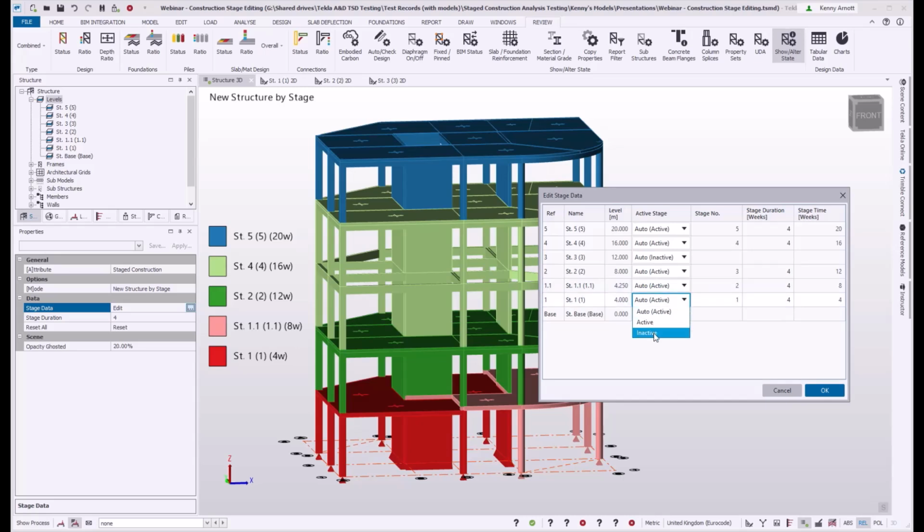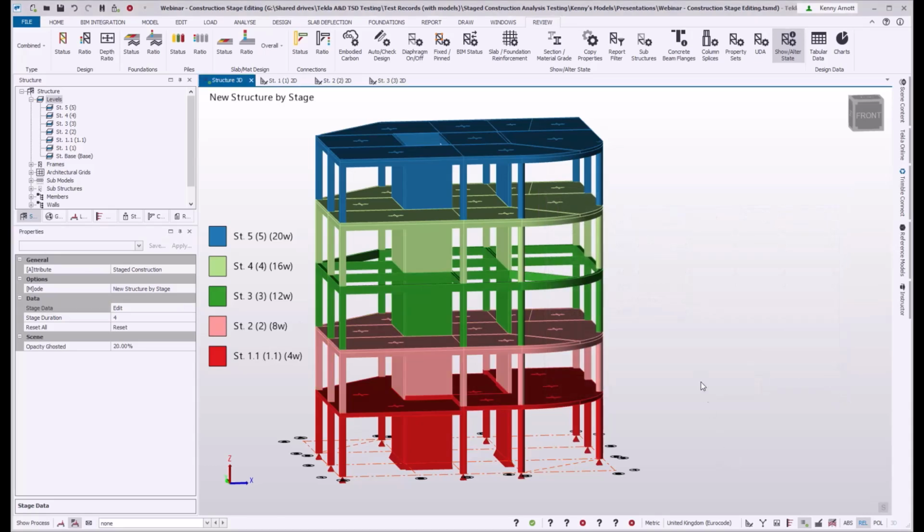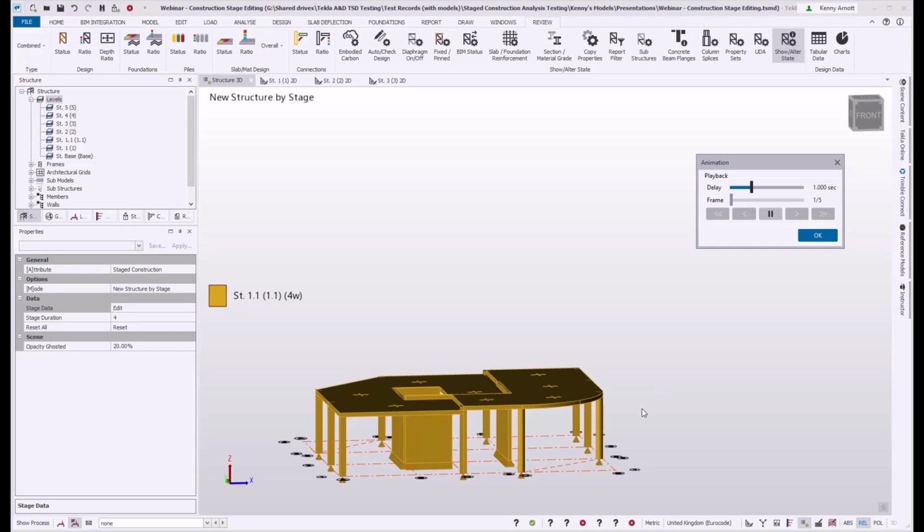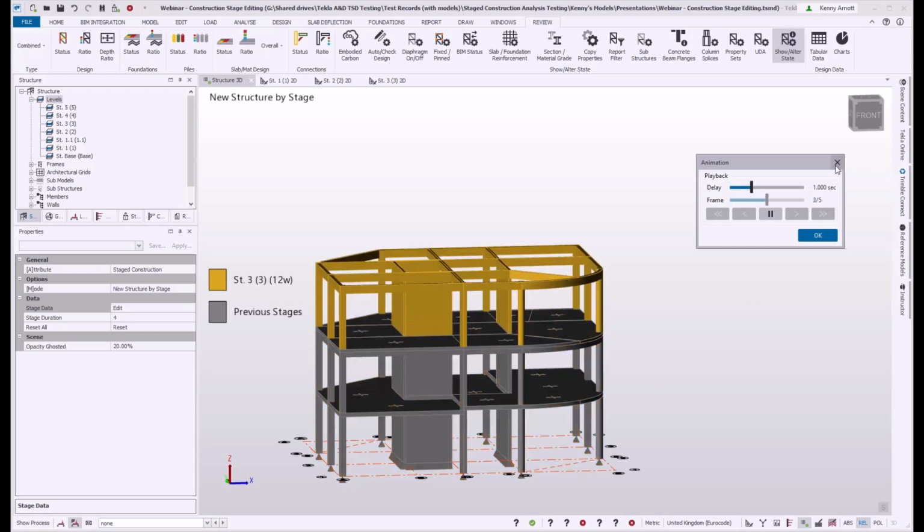If I set the lower one of those two to inactive, those will all be combined into one stage. And then the one up here, level 3, where there are no slabs, I can force that to be active. So now I've got the combined stage at the lower levels there. And again, I can animate that and see it work through all of that.